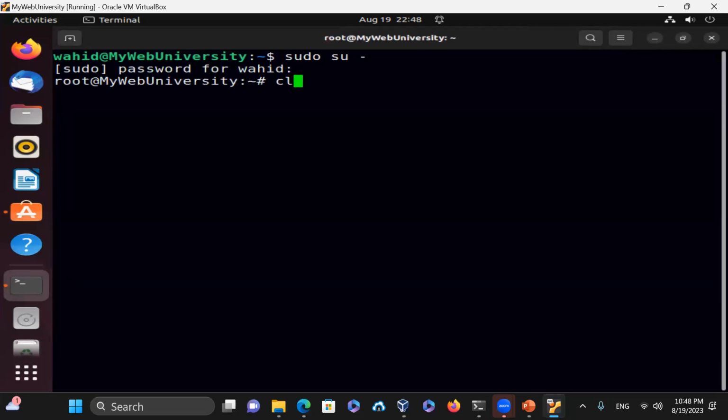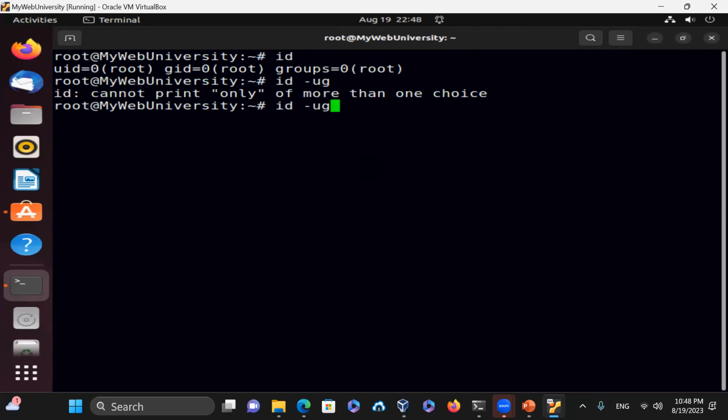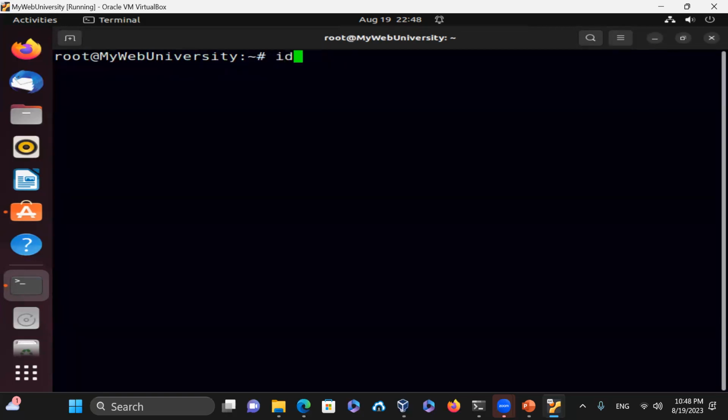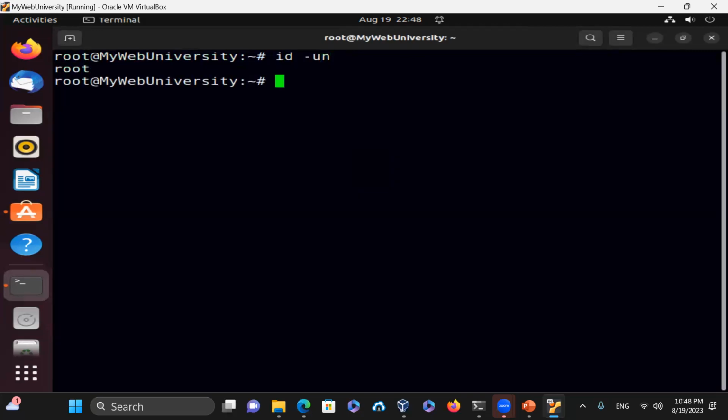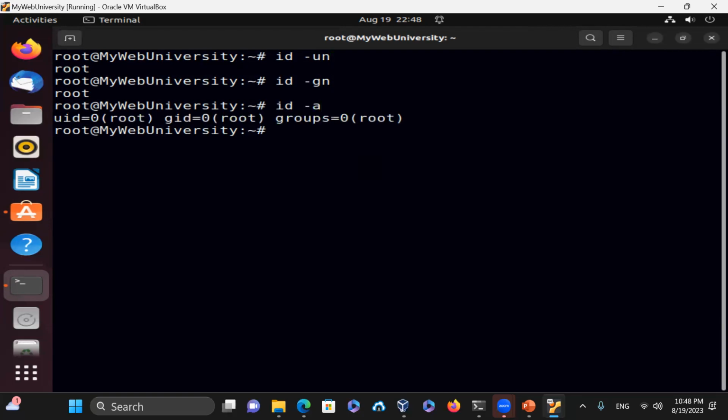Now I'm logged on at my web university with root. id -u is showing me root. I'm sorry, id -u. Let me clear the screen here. id -un is giving me root, and id -gn, for group name, is also showing me root. So if I say id -a for all, it shows that getent passwd